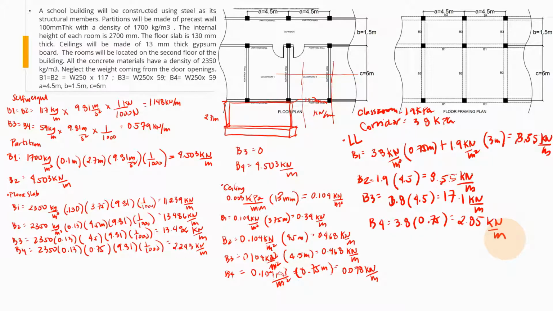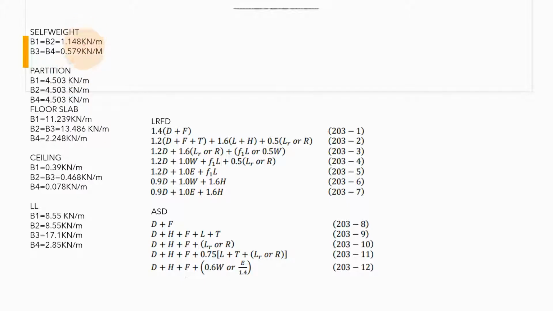Ang gagawin na lang natin is to substitute the values on the LRFD and sa ating ASD. So meron na tayo dito yung summarized na na-solve natin kanina for the dead load coming from the self-weight, partition, and the ceiling. And we also have the live load of each beam. So ang gagawin natin dito is to compute for the total dead load on each beam or acting on each beam. So B1 natin, we have 1.148. So i-add nyo lang yan, 1.148, 4.503, so floor slab 11.239, and for the ceiling 0.39. Therefore we have